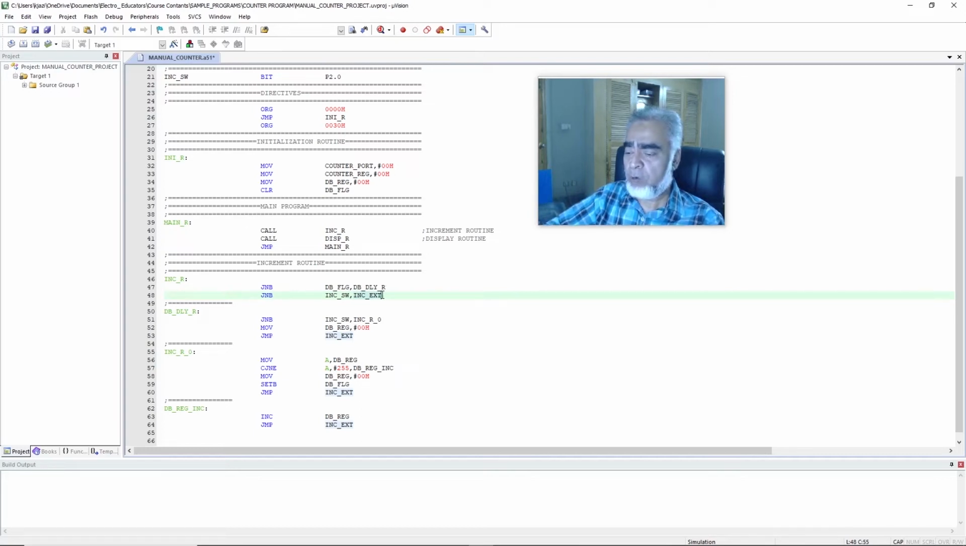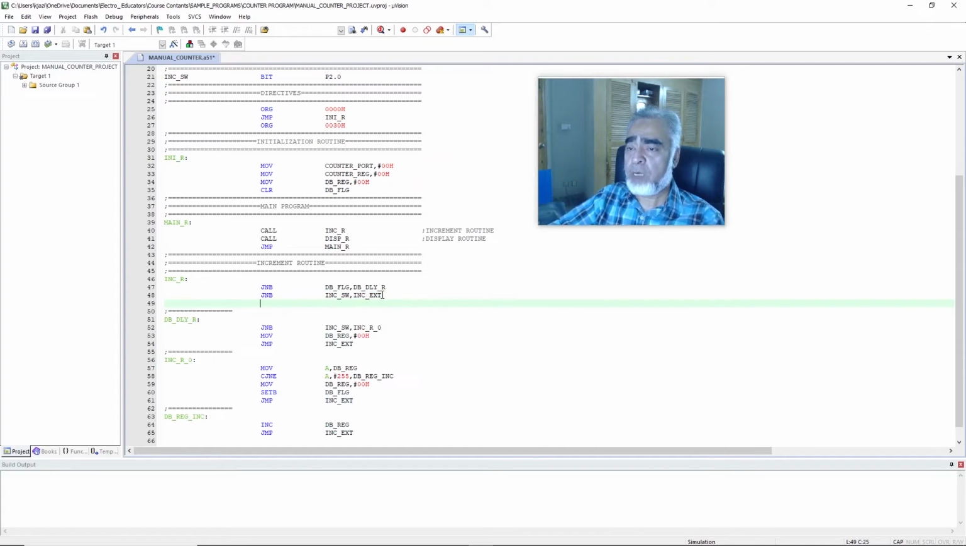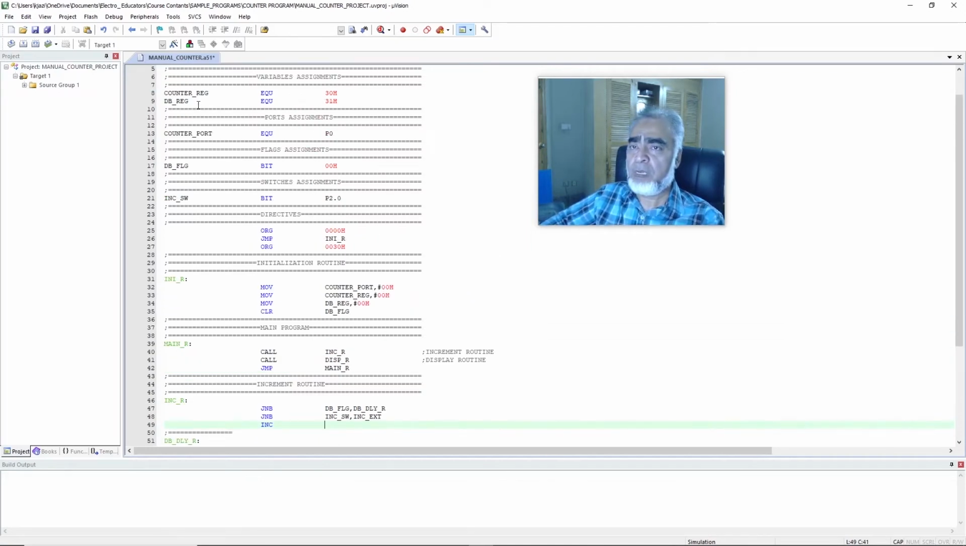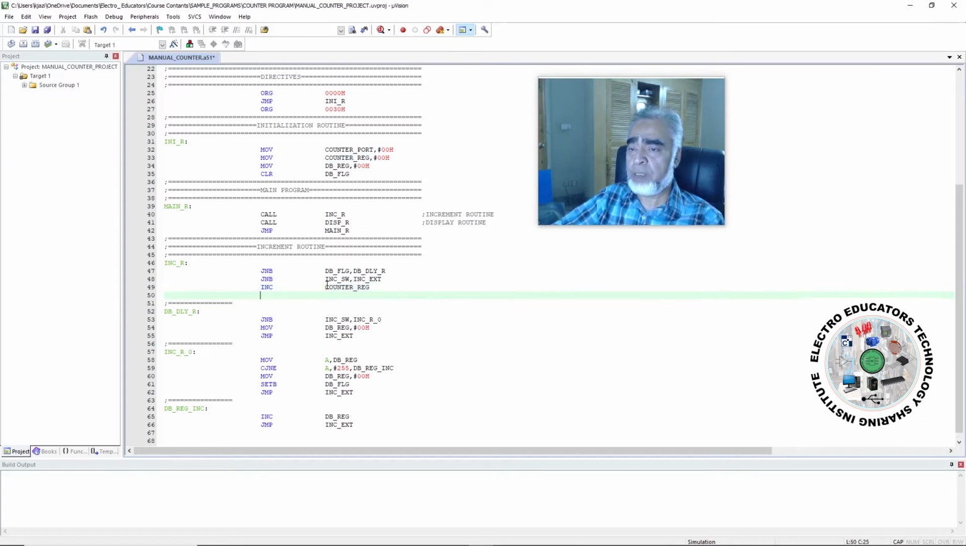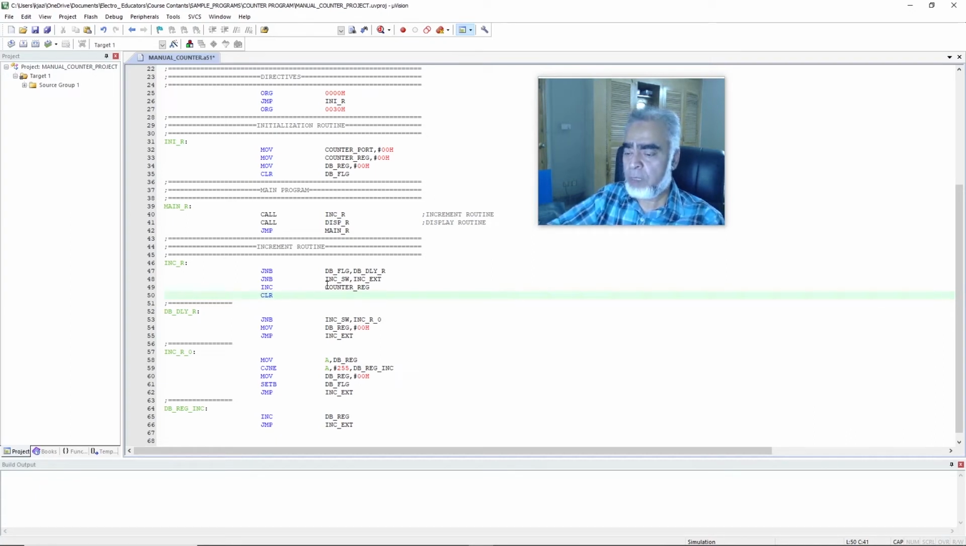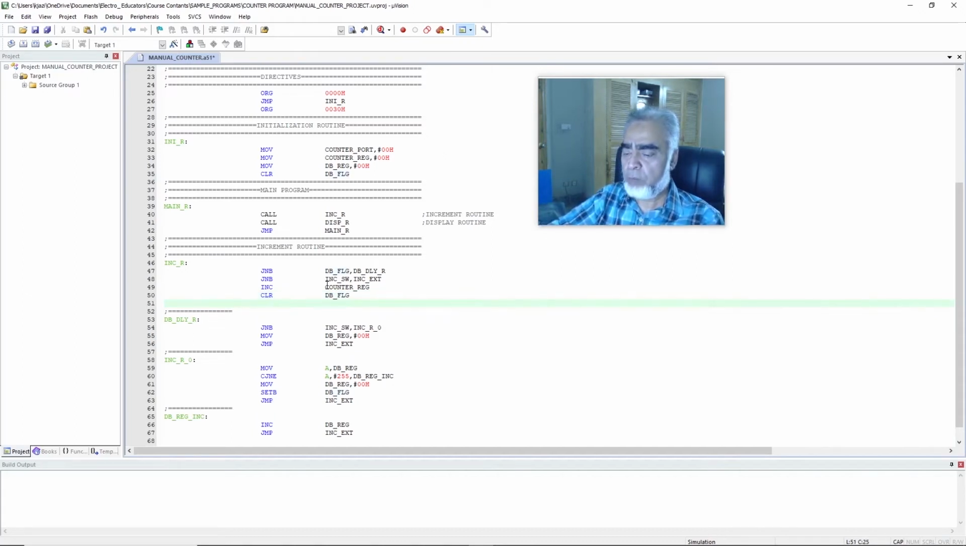and here on the next line, our program will increment the counter reg. INC, and here we have the variable, that is counter reg, Control C, and we will paste it here, Control V, increment counter reg. After incrementing the counter reg by 1, our program will reset the debouncing flag and exit from the subroutine. So here we will write clear debouncing flag and jump INC